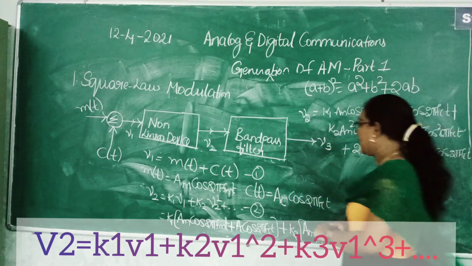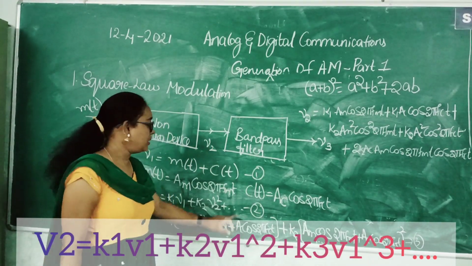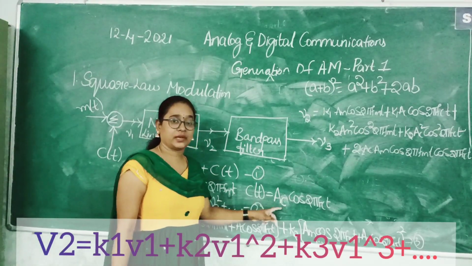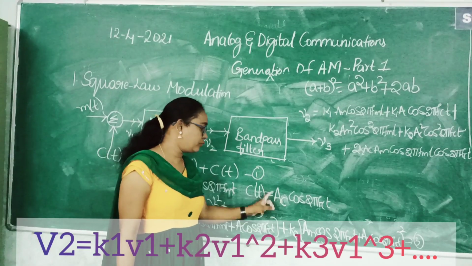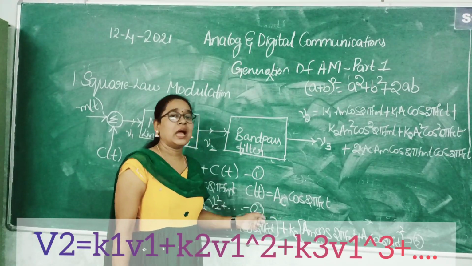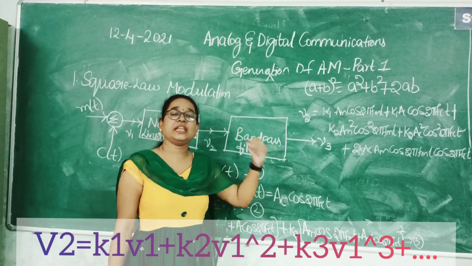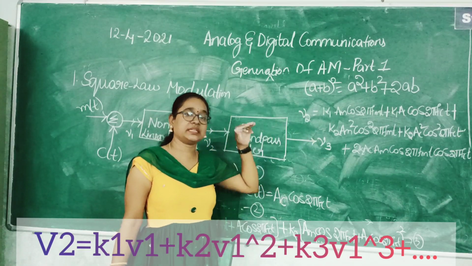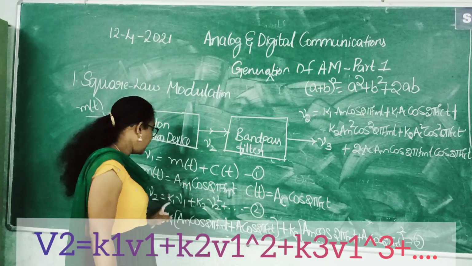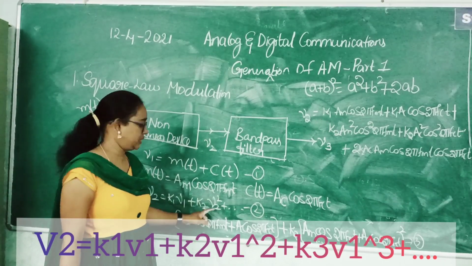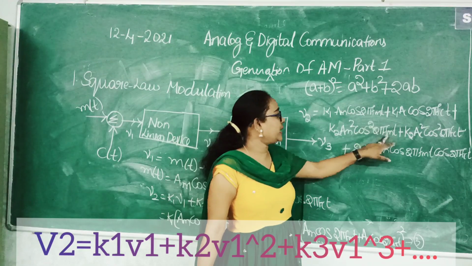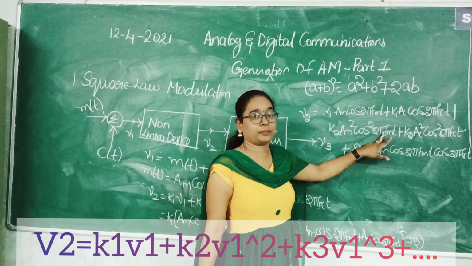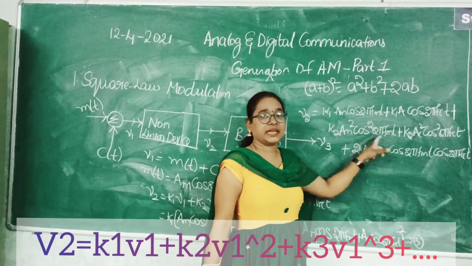Now these are all the possible terms of this non-linear equation we are taking. Why are we not taking the higher order terms, like V1 cube, V1 to the power of 4? Those are higher order harmonic terms which have very little effect on the amplitudes of the sidebands. As the harmonics increase, the amplitudes decrease. So we are going to consider only up to the second harmonic. Second harmonic means, see here, cos square theta can be written as 1 plus cos 2 theta by 2. 2 into 2 pi, 4 pi. So likewise we are going to have the second harmonic terms.